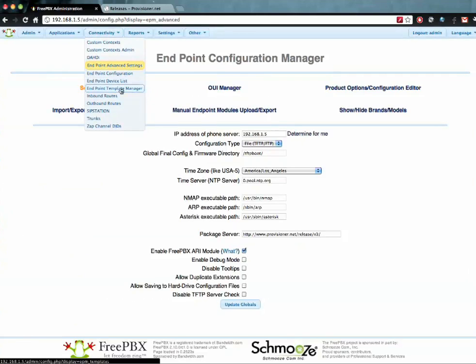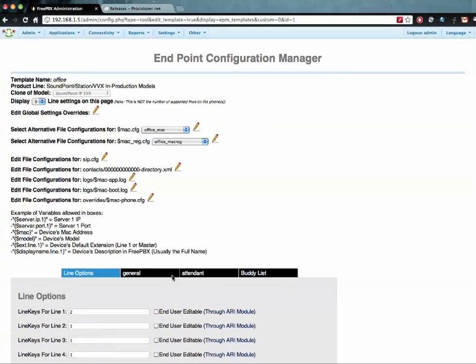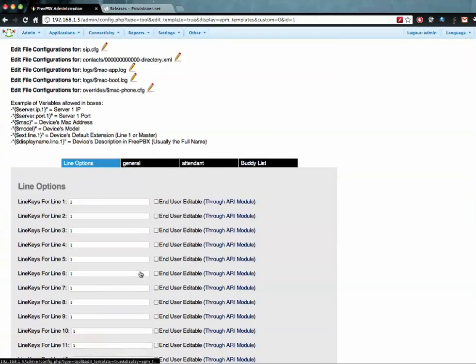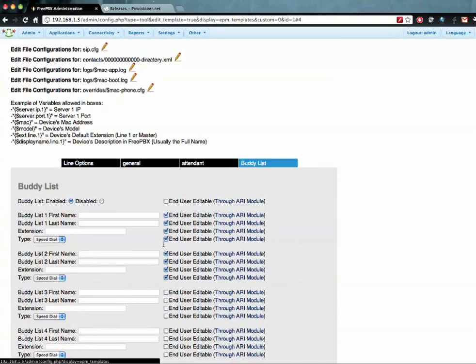Now, you saw earlier when I was at Template Manager, I went to Office here, and I selected these specific things. Oh, I didn't select here. Okay, well, I've got to do this on this page too, actually, Buddy List. Okay, you can see I've selected these right here, these four things that are editable now. So what that means is if I get out of this,